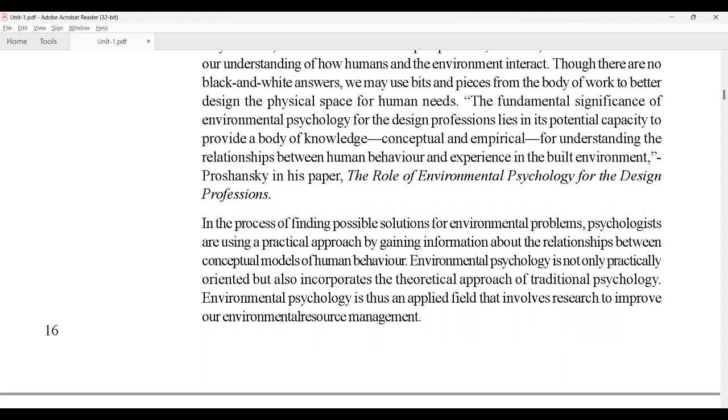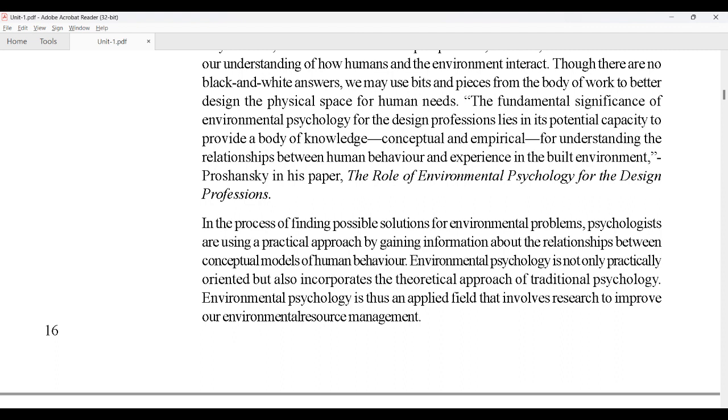The fundamental significance of environmental psychology for the design professions lies in its potential capacity to provide a body of knowledge, conceptual and empirical, for understanding the relationships between human behavior and experience in the built environment. Proshansky, in his paper, The Role of Environmental Psychology for the Design Professions, In the process of finding possible solutions for environmental problems,